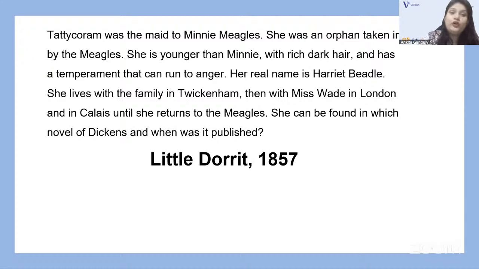Okay, so Tattycoram is found in Dickens's novel Little Dorrit, and Little Dorrit was published in 1857. All right, very good. Next,